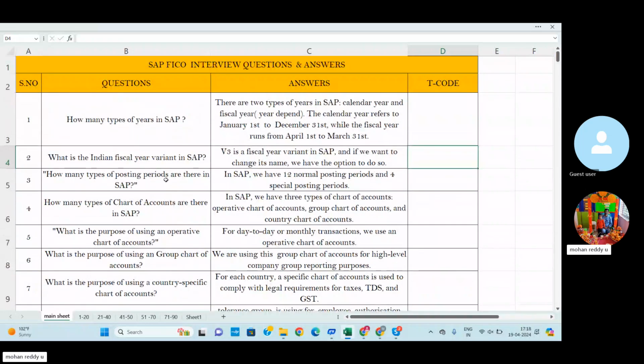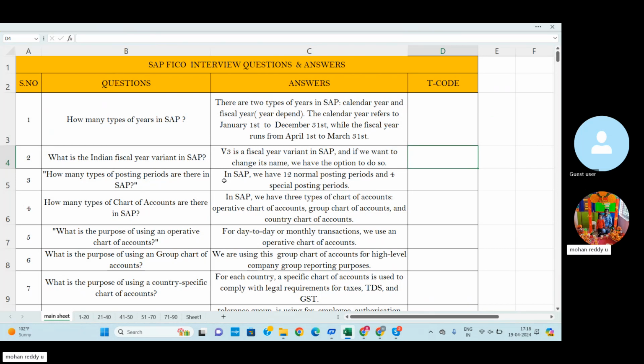How many types of posting periods are in SAP? In SAP we have 12 posting periods. The fiscal year, in SAP terminology the year dependent year, runs April 1st to March 31st, and we have 12 normal posting periods.